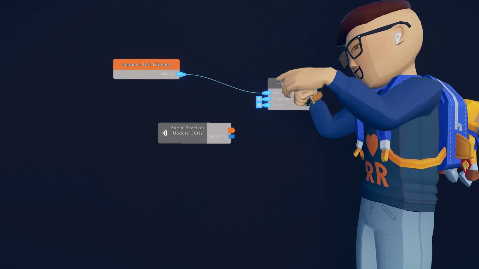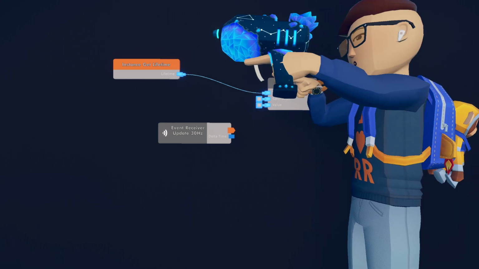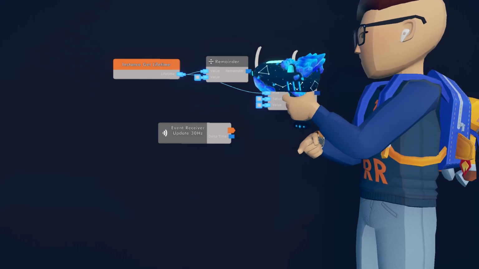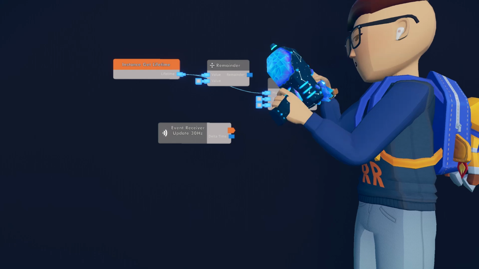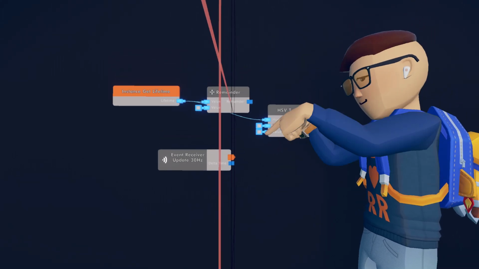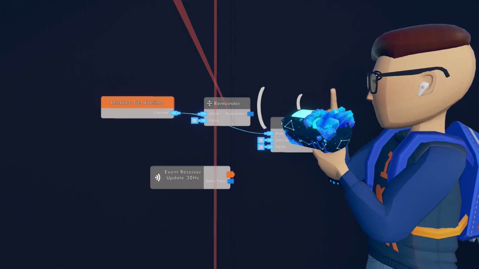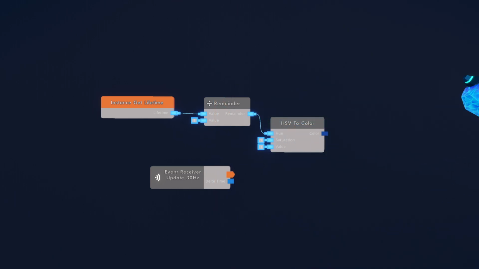What we do want is something we went over earlier called the remainder. So let's take that out. Modular works as well. So this will now, if I do remainder 1 on the second port, cool. So this is constantly giving me a value between 0 and 1. So that's a little bit better.